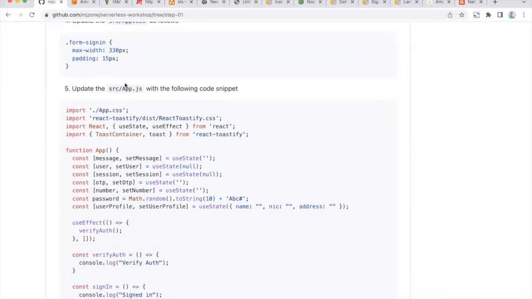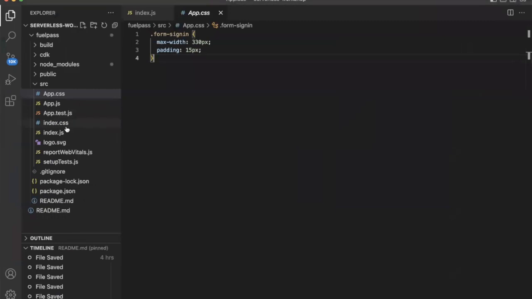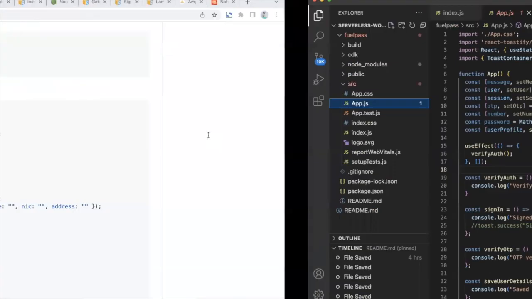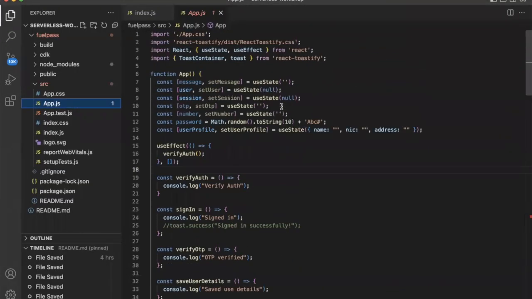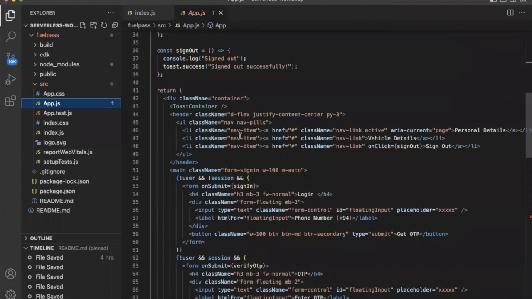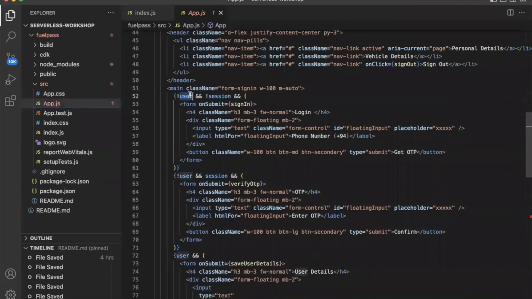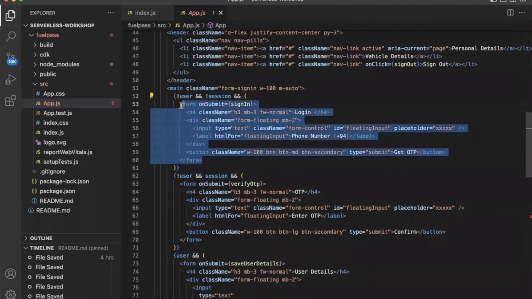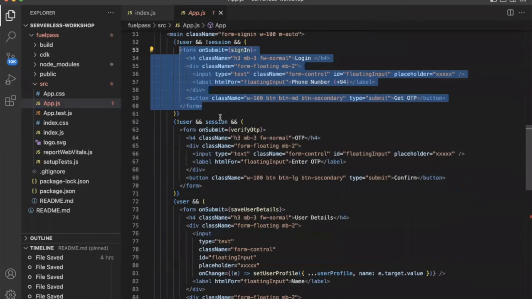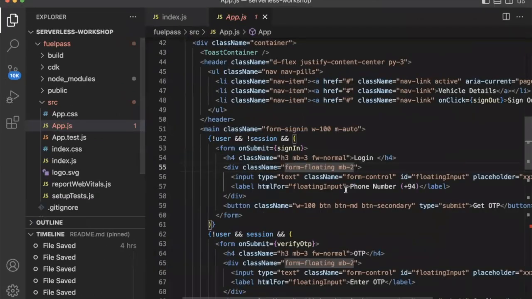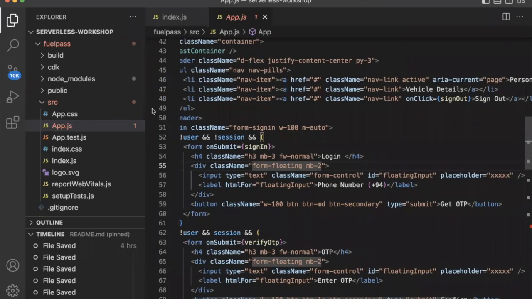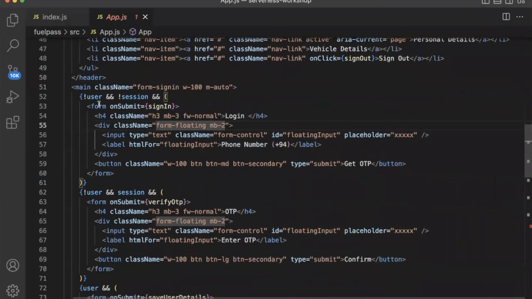And then in src app.js, you can just come here, click this button and paste it in. Basically, this will give a few basic forms, and these forms will be enabled and disabled based on certain states. If no user is logged in and there are no sessions, it will show this particular form. This form is essentially showing the login form,